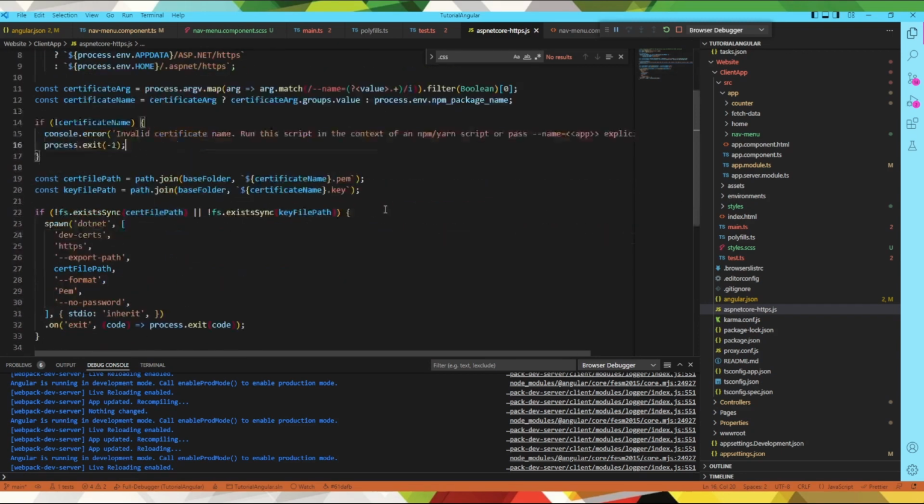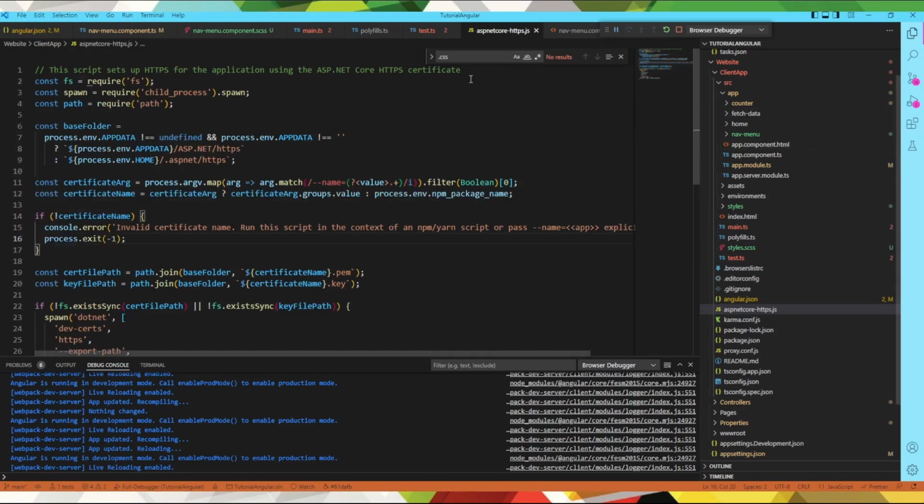Nothing else to really talk about in here. This is just kind of making sure that the certificates are in place. Now, what calls this? Because this needs to be called long before Angular boots up, right? So if we go back to our